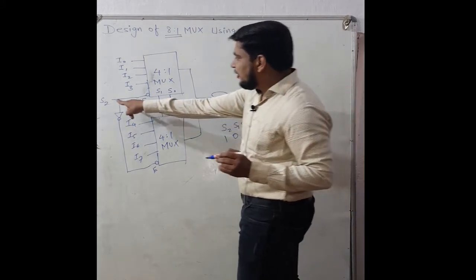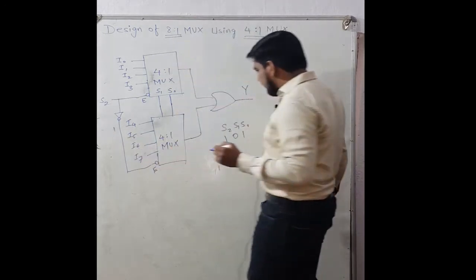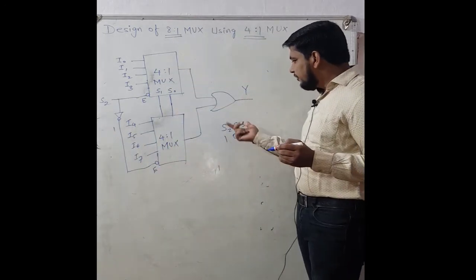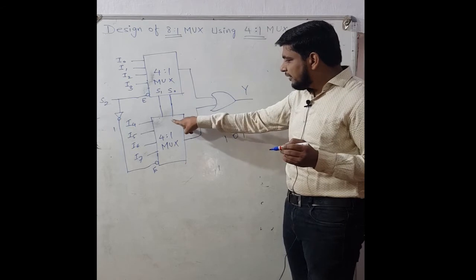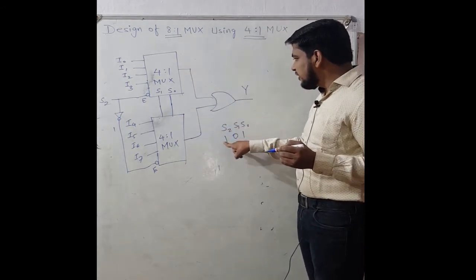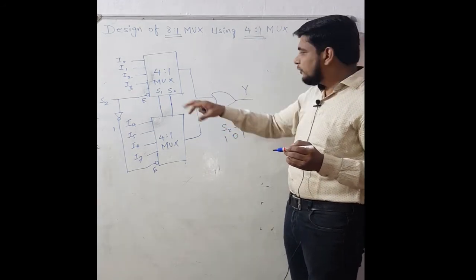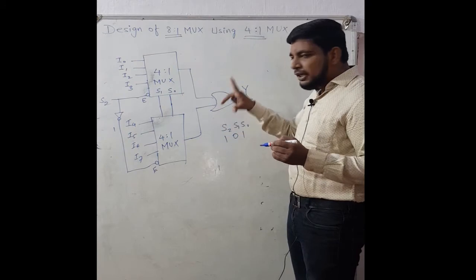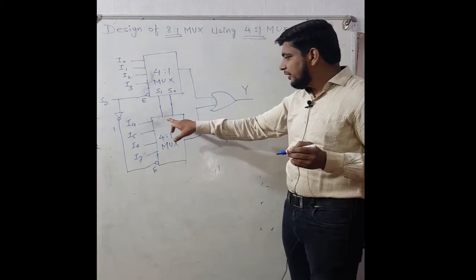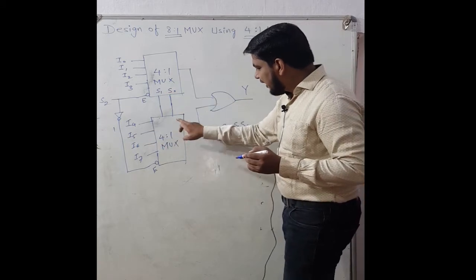If MSB bit is 1 means S2 is inverted over here, so whatever the select lines are, we are going to select the output from the second multiplexer, not from the first multiplexer, as the value of S2 is 1. As we have seen, 4 times it is 0, 4 times 1. If it is 4 times 0, then it will select the first multiplexer. If it is 4 times 1, then it will select the second multiplexer. Here S2 is 1 means it will select the second multiplexer.